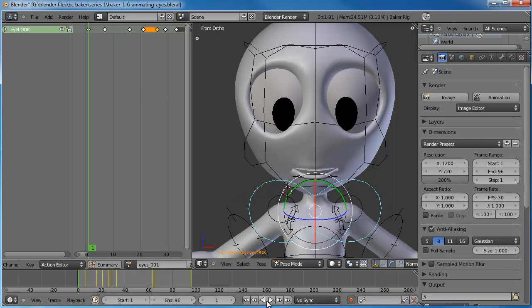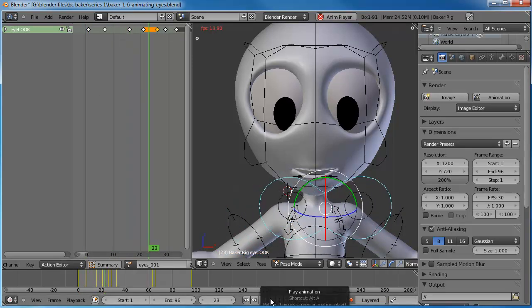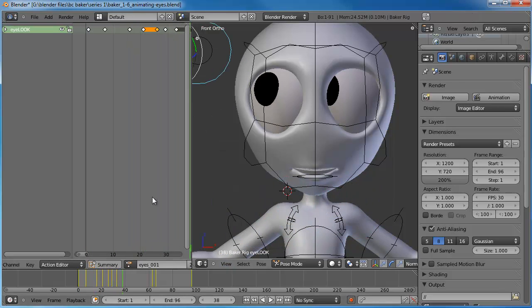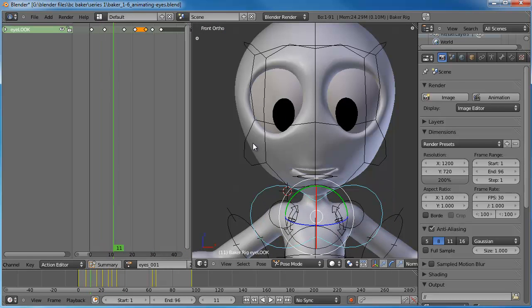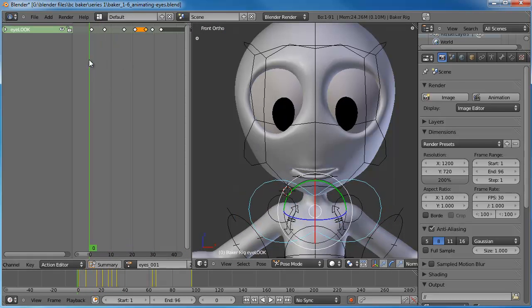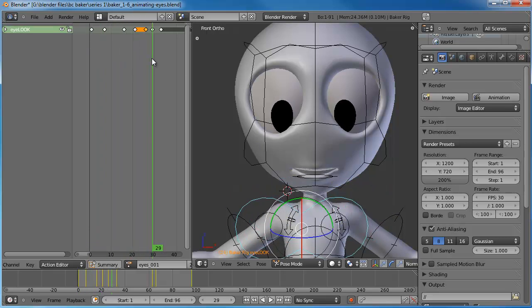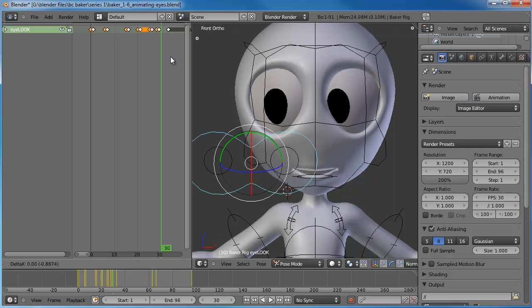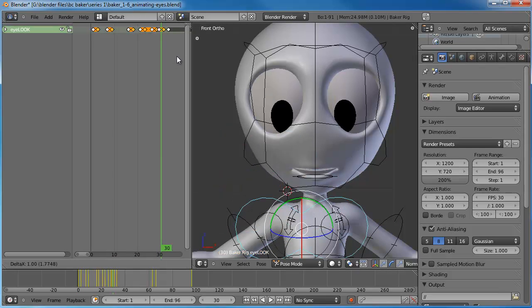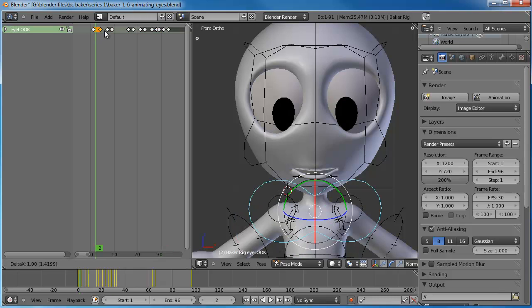Okay, so if we go ahead and play it now, it looks a little bit better, but it's still not real lifelike, and that's because the eyes are going to dart, pause, dart, pause, dart, pause, kind of like that. And where it is here, there's constant motion. So what we're going to want to do is grab all these keyframes here and Shift D and just move them over just a little bit,